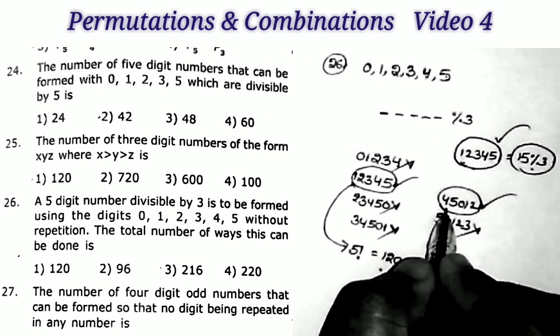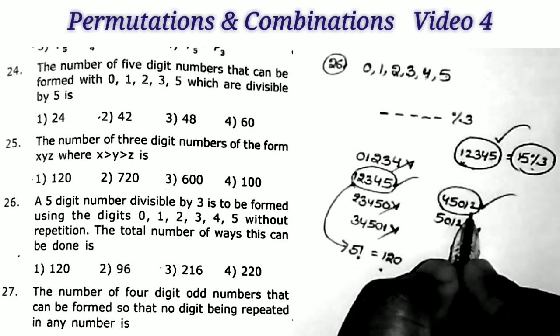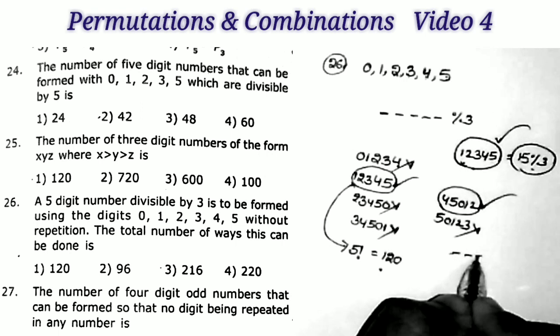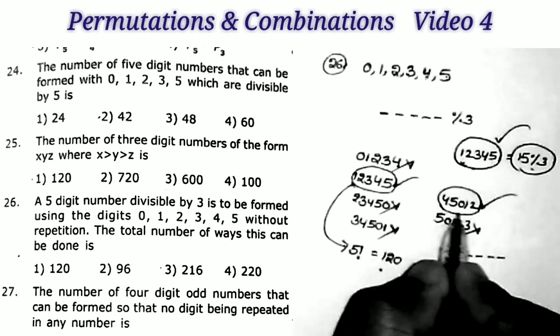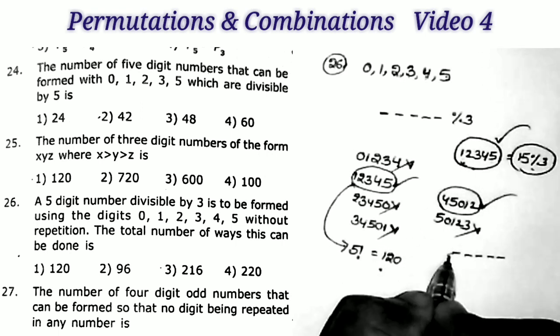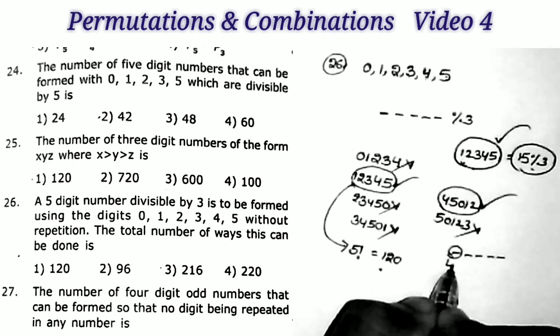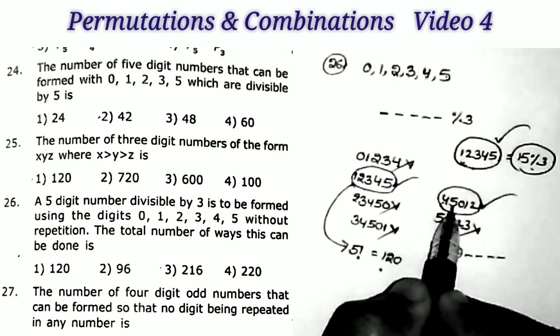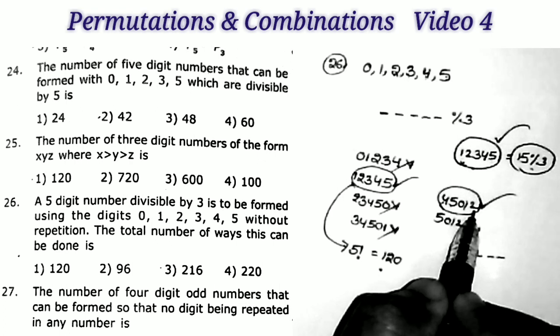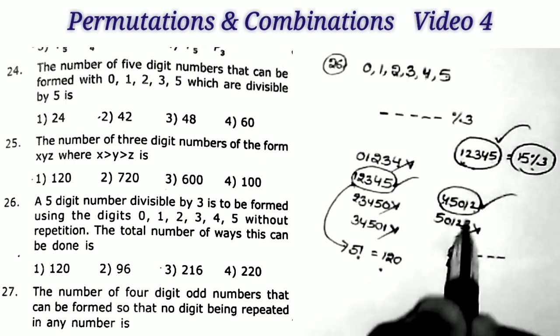And the next one, what is the second number? 4 by 0 1 2. So here we want the 5 digit numbers which can be formed by these digits. So here we can fill the first gap in 4 ways only, either by 4 or 5 or 1 or 2. We don't take 0 at the first gap.